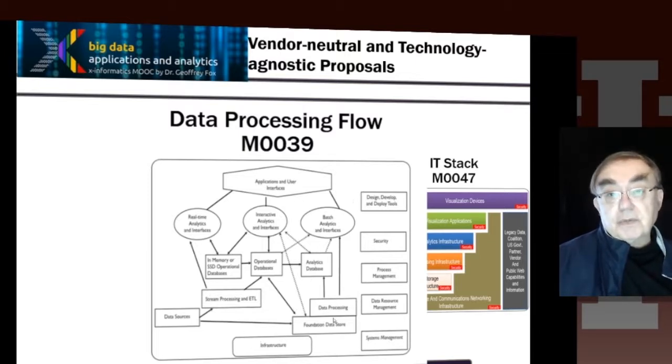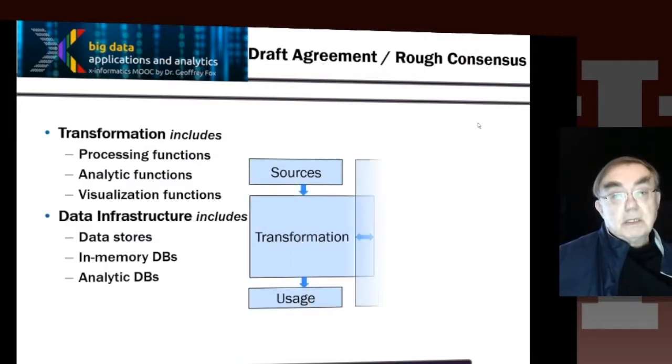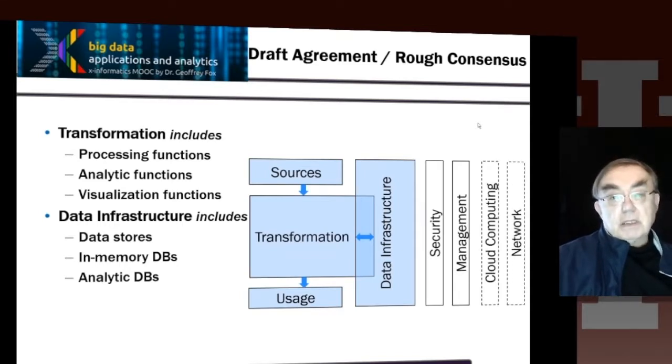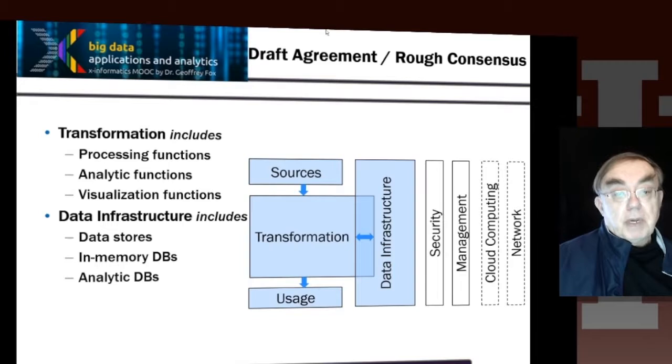So all of these are different proposals, architectures, that represent in different ways the key aspects of the whole big data analysis. And so here we're starting to see the formulation of what is in fact the reference architecture that NIST developed, represented in a very high level form, where we have now identified this concept of a transformation, which is all the functions you do.